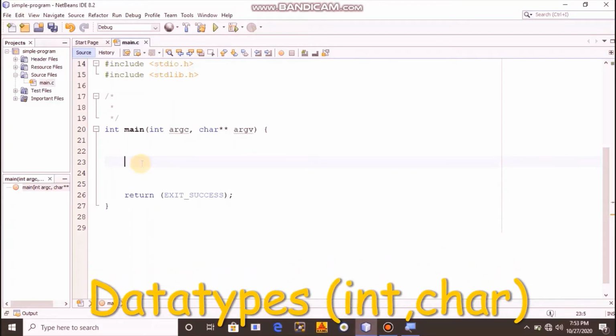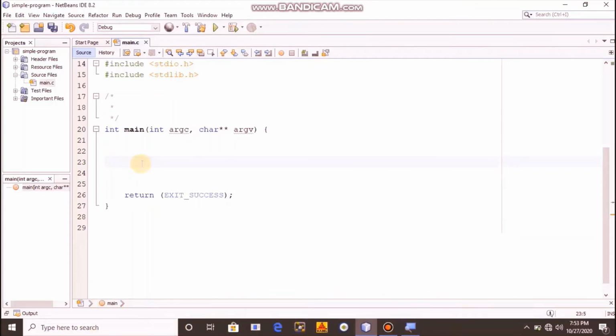We have various data types to represent our data, as we have int for integers, float for decimal points, characters and strings, etc. Right now I'm using the data type for integers and characters. Let's see how to use that, and about variables we will learn a lot. For integers we have the keyword int, and I am declaring here a variable with the name number. You can give it any name.